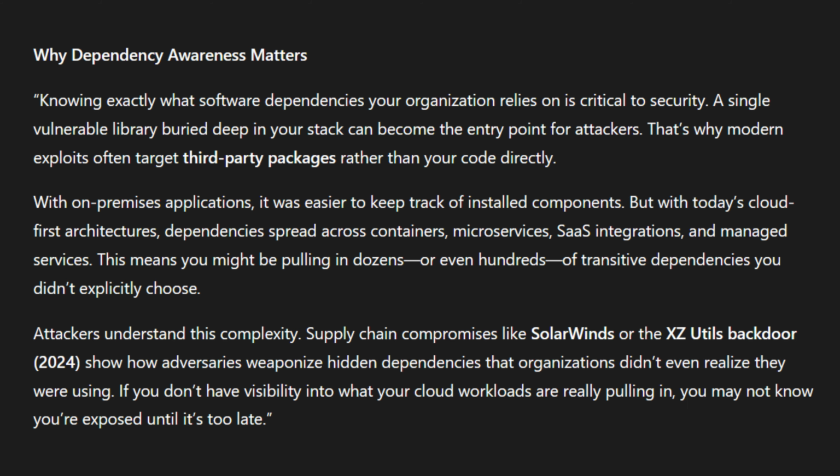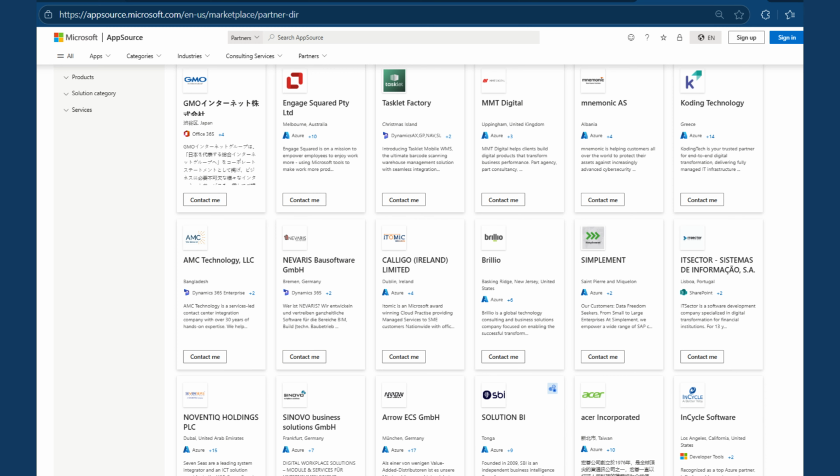So it's extremely important to know what third-party dependencies you have in your organization, and that can be more difficult to track than you might think, especially with the Microsoft 365 ecosystem, where there are just thousands of apps that might just be automatically allowed if your configuration of your system isn't blocking this.